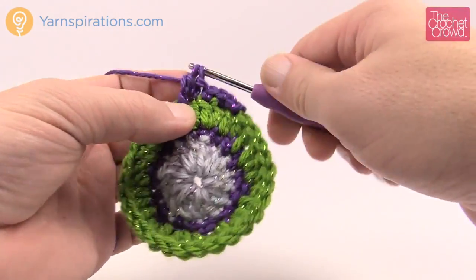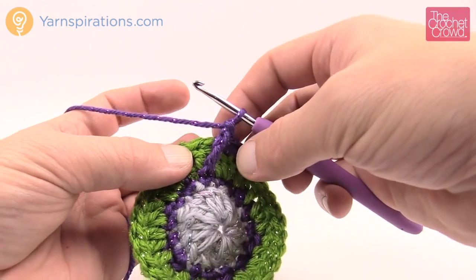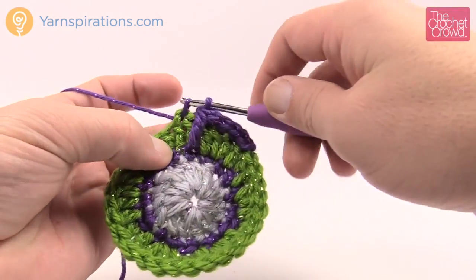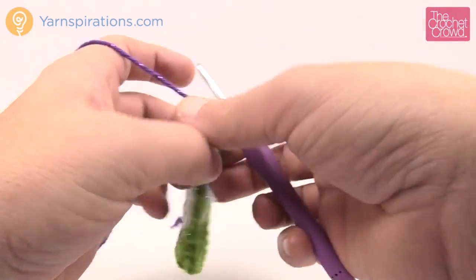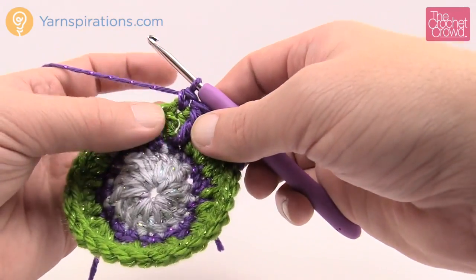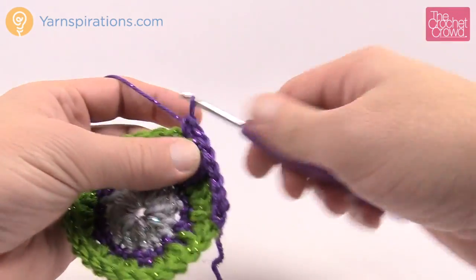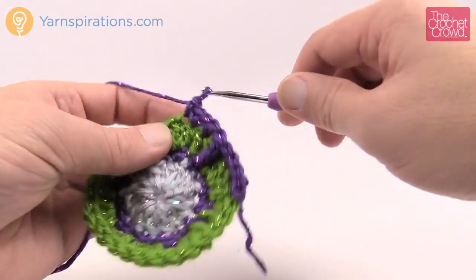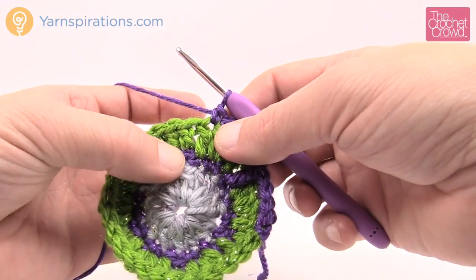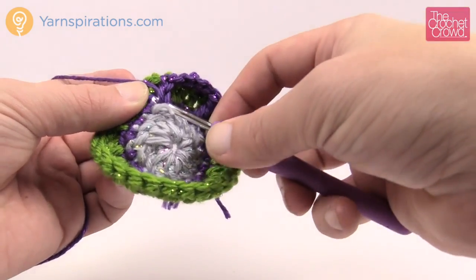yarn over, pull through 2, 2 and 2. So now that my treble is complete, I want to make sure that I skip over that same stitch that is representing on the green side. So I want to come to the next one over, and I want to put in 1 single crochet into the next one. Okay, so on the back side it appears that we have skipped a stitch because we have. So let's just turn this back around, and the next one is going to be 2 single crochets. So 1 and 2, and then the next 2 are 1 single crochet each. 1 and 2, and this should take you again to the stitch right before the drop down again. So, and it does. So treble into the front loop of the next stitch all the way down into the